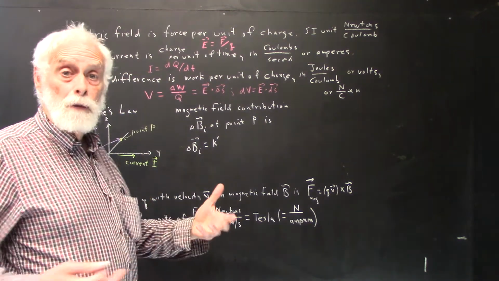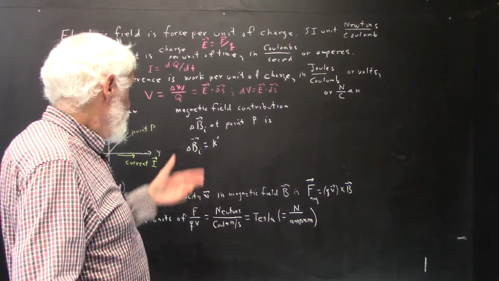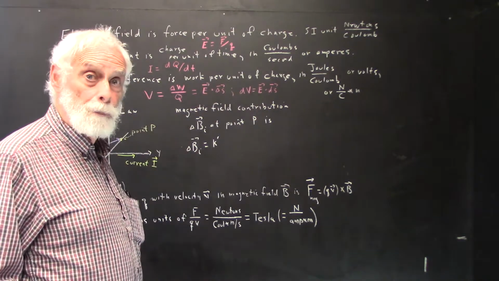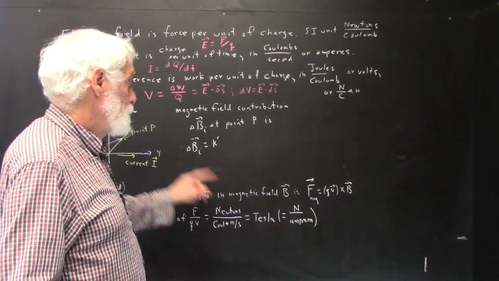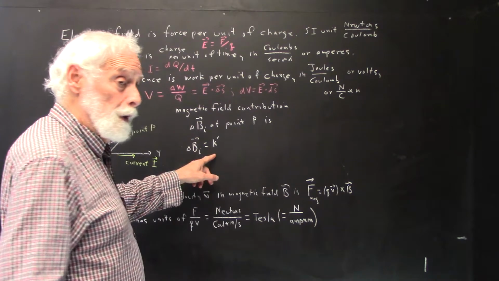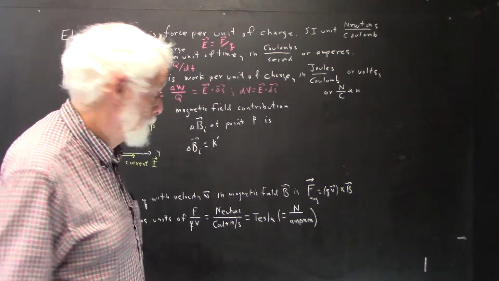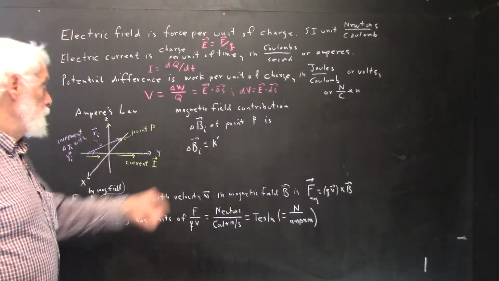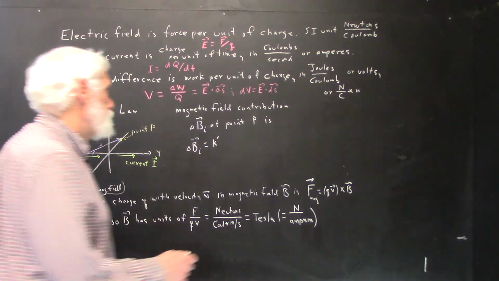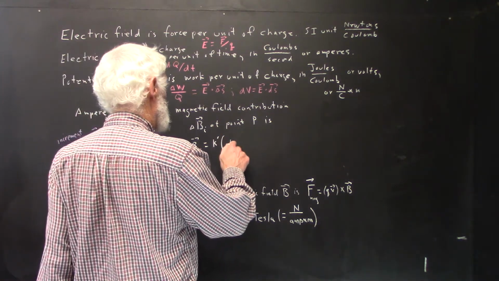I said it has numerical value 10 to the negative 7th in SI. It has units that make the rest of this equation make sense. You've got to get Tesla or newtons per amp meter when you multiply K prime by whatever I'm going to write down here. Okay? So I'm going to multiply K prime by what? I'm going to multiply this by I